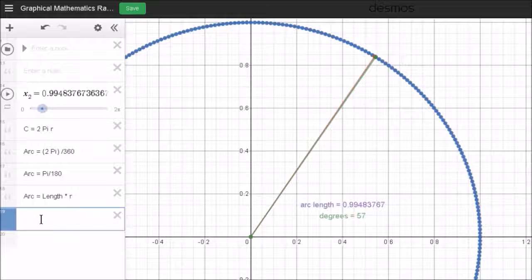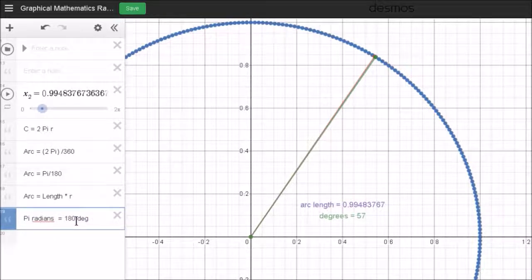So by using radians, it means that we've got a direct relationship between the angle and the length. By using degrees, the relationship between the angle and length has an extra factor of pi upon 180. So now if I want to convert from radians to degrees or degrees to radians, we notice that we said that if pi radians is equal to 180 degrees, then we can just use this